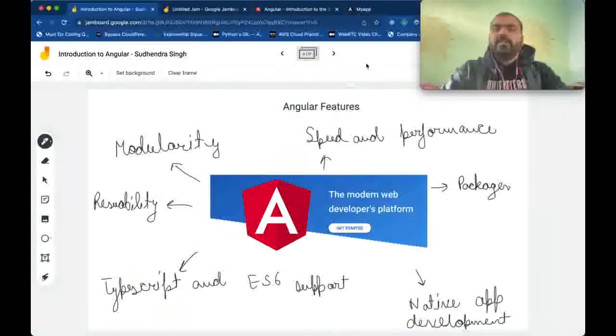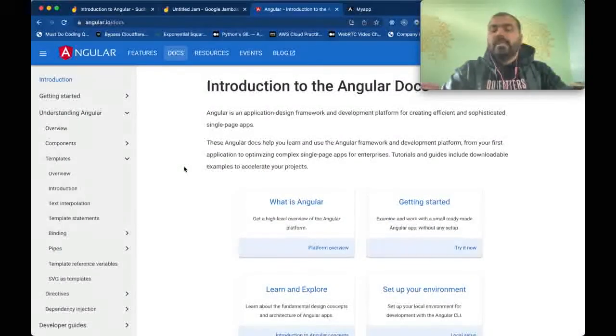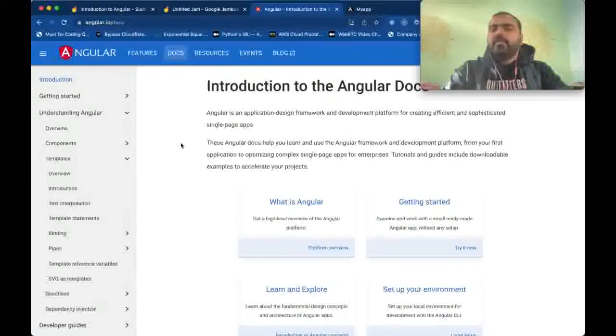For example, if I take the Angular documentation website itself, I see that this is the sidebar, this is the main section, and this is the navbar. Module code says that we can define all these navbar, main section and sidebar in different modules along with the UI and their functionalities, and each can be treated as a separate component, finally combining all of them in